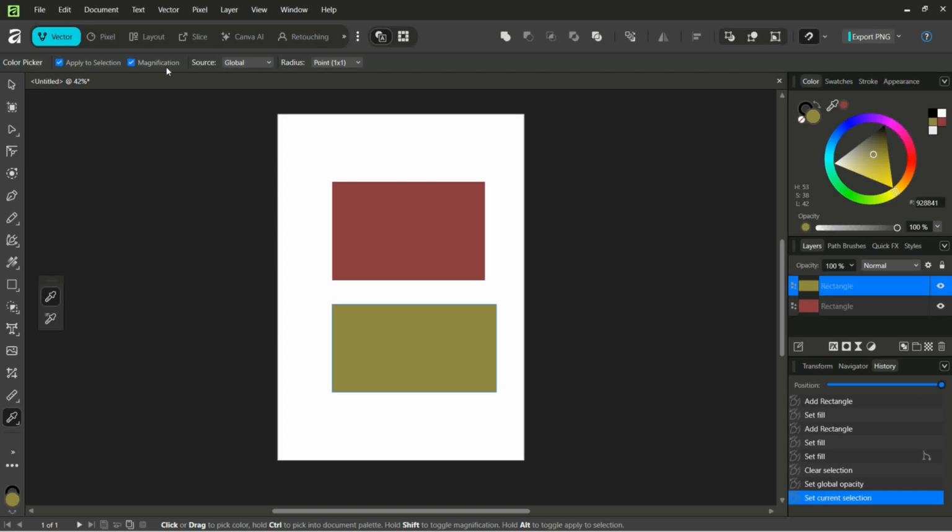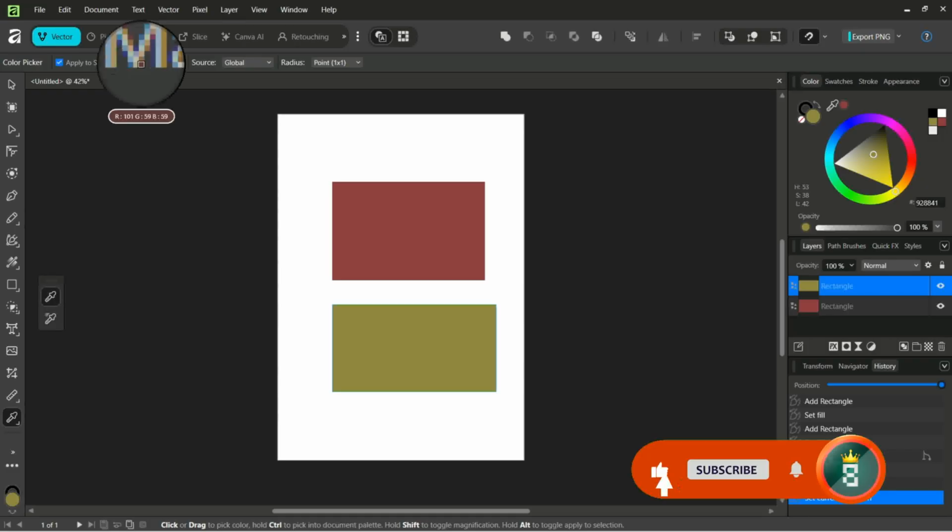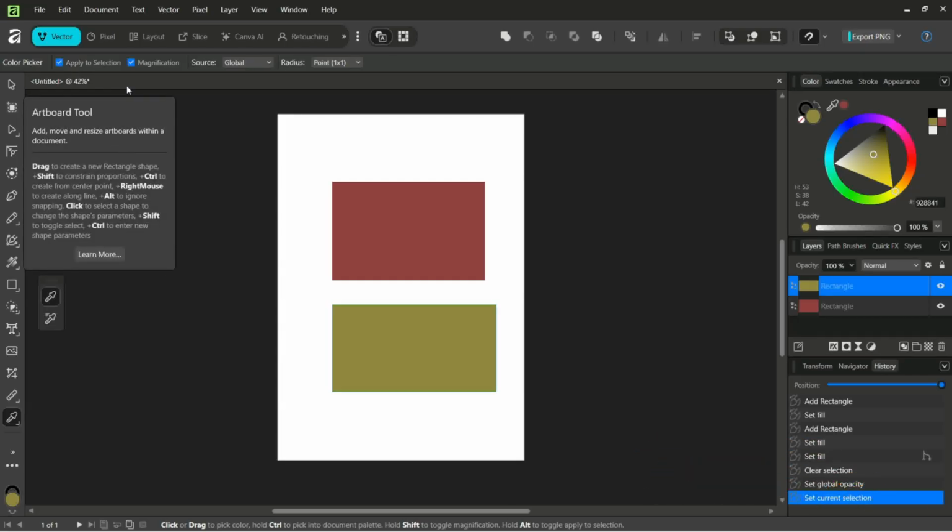So what is actually magnification? We are going to take a look at this option first. As you can see, if I move my pointer anywhere on the artboard, or outside the artboard, you can see this magnification. So I'm going to uncheck this option. Now I cannot see this. Even you can use this up here as well